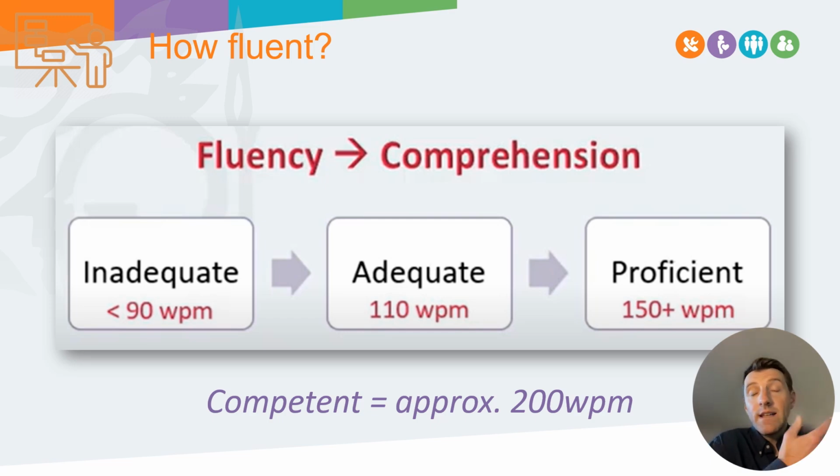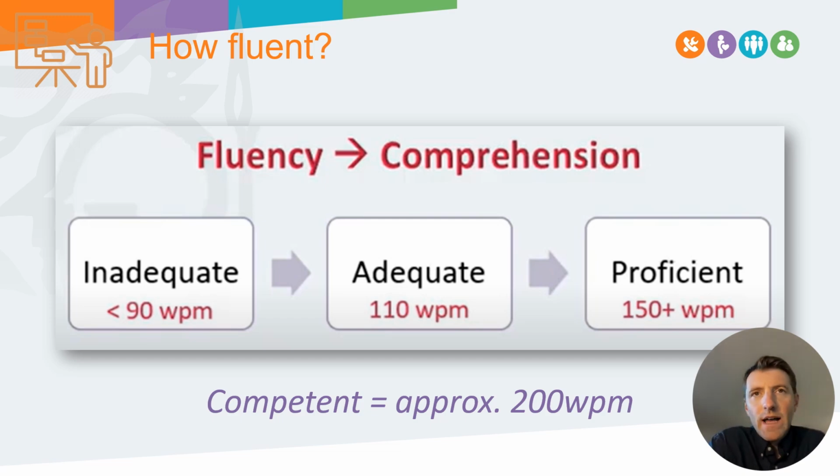And that is, as an adult, as a competent reader, I am reading in excess of 200 words per minute, not far off my spoken word speed. So that's what, as adults who read a lot and have full access to our expanded sight word vocabulary and our decoding skills, that's the rate that we're reading at. With our children and young people, we're going to be thinking about these 3 measures that are on the screen in front of you.